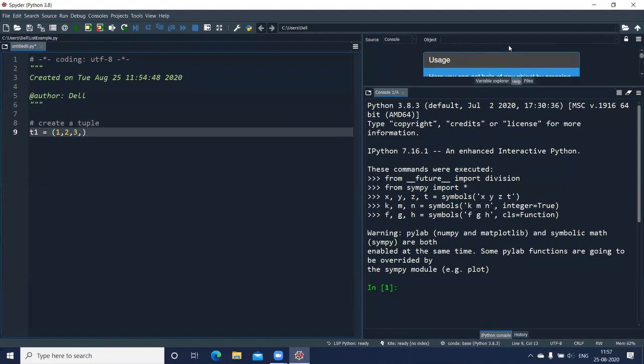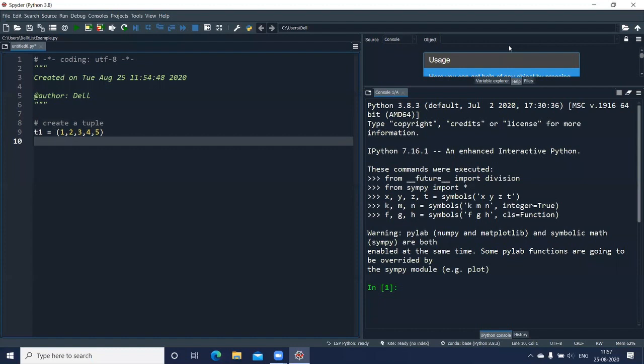So I can give some values here, say 1, 2, 3, 4, 5. Now, the major difference, if you remember, in list, we used square brackets, whereas in tuples, we make use of the round bracket. There's no other keyword. We have to directly make use of the round brackets and put some elements in it, separated by a comma.